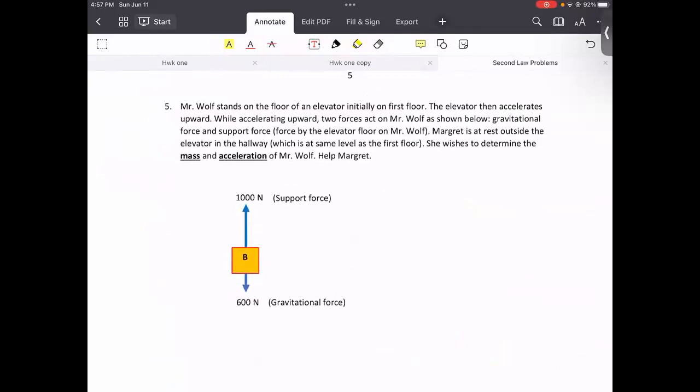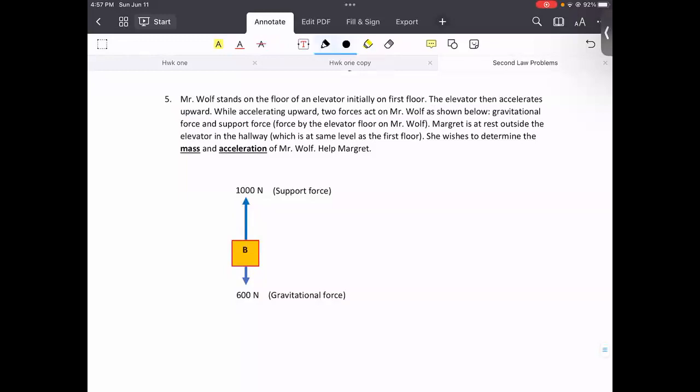It says Mr. Wolf stands on the floor of an elevator, initially on the first floor. The elevator then accelerates upward. While accelerating upward, two forces act on Mr. Wolf, shown below. There's the gravitational pull, which I can see is 600 newtons. And I can see a support force, maybe due to the surface of the elevator floor, pushing